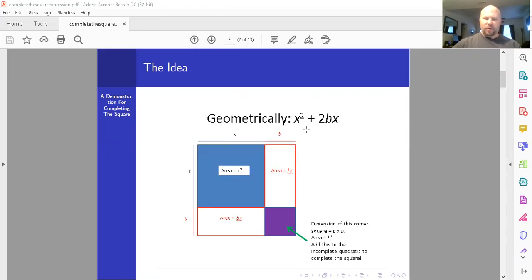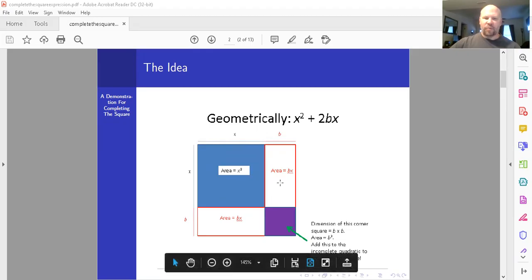So we have an incomplete quadratic, x squared plus 2bx. And what we're going to do is demonstrate the idea of completing the square with pictures. So the x squared portion here represents the area of this blue square. Since it's a square and the area is x squared, the dimensions of it must be x. That's by construction. The second part of the quadratic, 2bx, represents the sum of the areas of the red